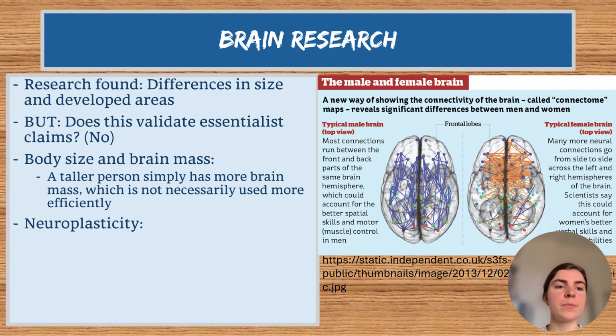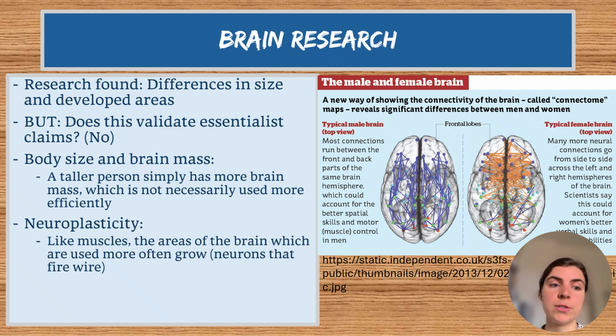And then there's something we call neuroplasticity. And this is something that I want you to keep in mind because it's very important. Like muscles, the areas of the brain which are used more often grow. So basically, if you are supposed to think very logically all the time, then you will become better at logical thinking. You can also use this short sentence: neurons that fire together wire together. So wherever you have neurons in your brain that are used more often, then you basically have a motorway developing because the neurons are getting more used to it, then there are more synapses, and the brain is much more developed in an area that is used more often than in one that is not used very often.